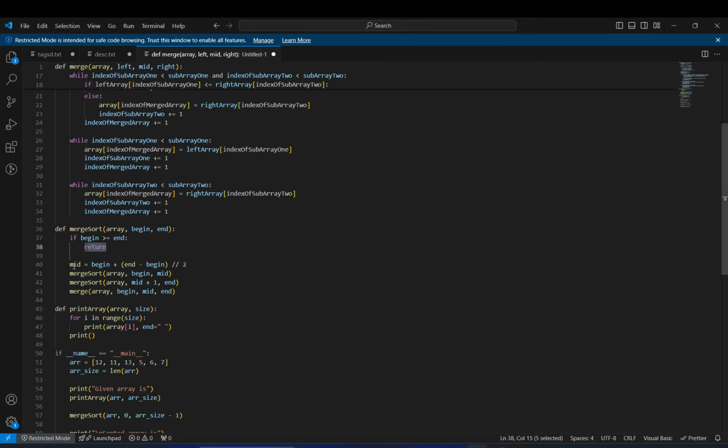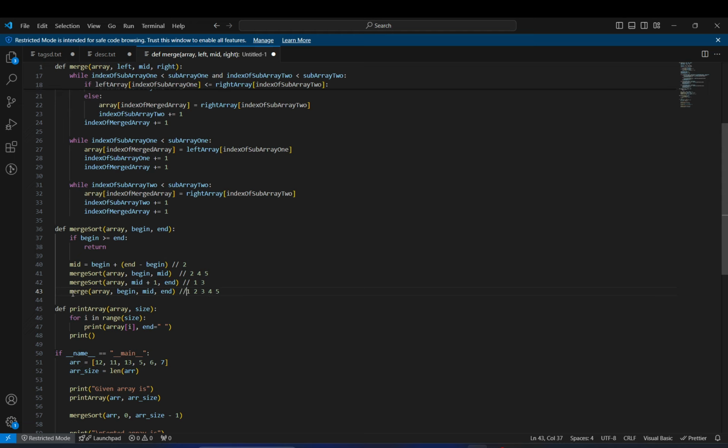And then we calculate mid and make two recursive calls to the same function. So basically, in this function, you are dividing your bigger array into two smaller arrays to make them sorted separately. This one will give you, if you remember, 2, 4, 5 as sorted, and this will give you 1 and 3 as sorted. Then merge will put them together to make 1, 2, 3, 4, 5.